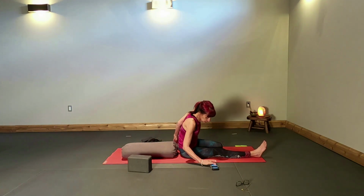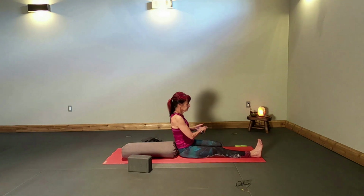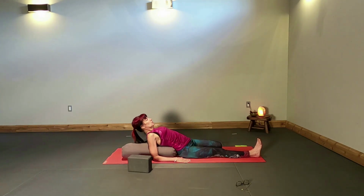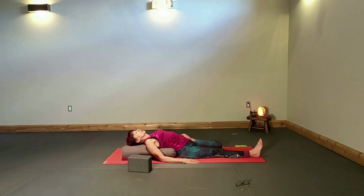And just stay here. I'm just going to start our timer again. Now you may choose to recline onto your elbows. And you may choose just to recline back on your support. You may choose not to use any support and rest your spine all the way down onto your mat. Now for some people, this is a very intense stretch in the connective tissue of the fascia of your left thigh muscle. So if this pains your knee,